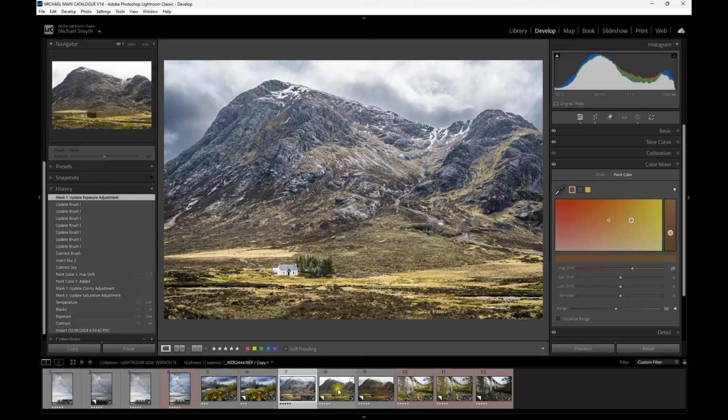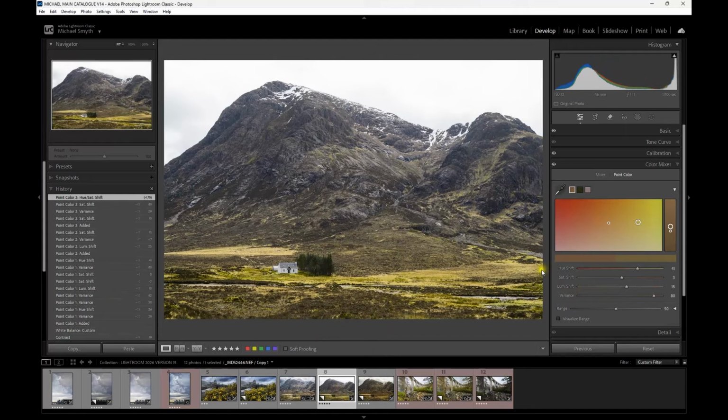I've actually worked on a variant of this image, so let's have a look. This is how I processed it from the original, and then I selected out the colors in the background, which were a bit dull. This was taken in early spring, and so the foliage hadn't really greened up. It was still fairly brown. So what I did was look at the particular color here, and I shifted the hue